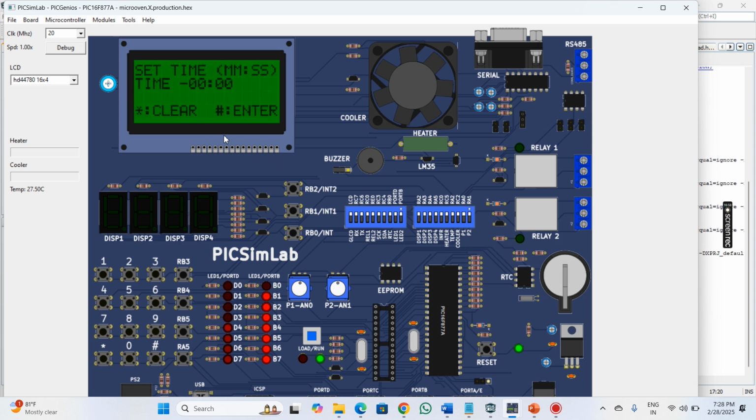As you can see, after the preheating time, it enters into the set time mode. Here we need to set the time. So I am entering 2 minutes. No, I don't want 2 minutes. So I am clearing it. I will keep it as 1 minute. Let's see. As you can see, it's counting down and the fan is on,